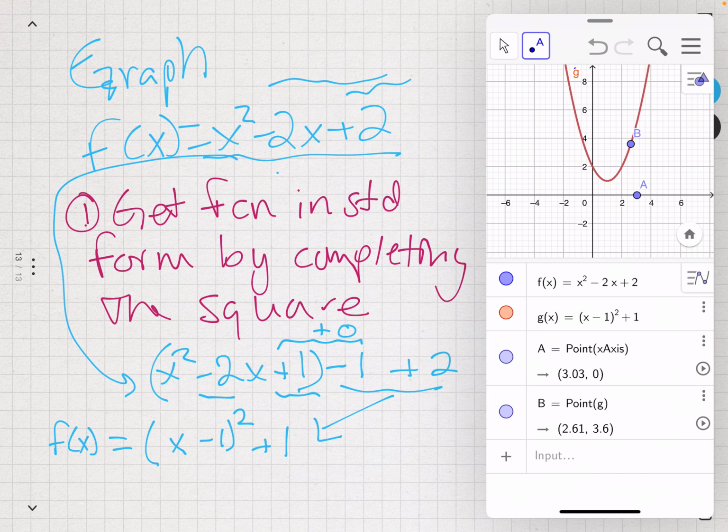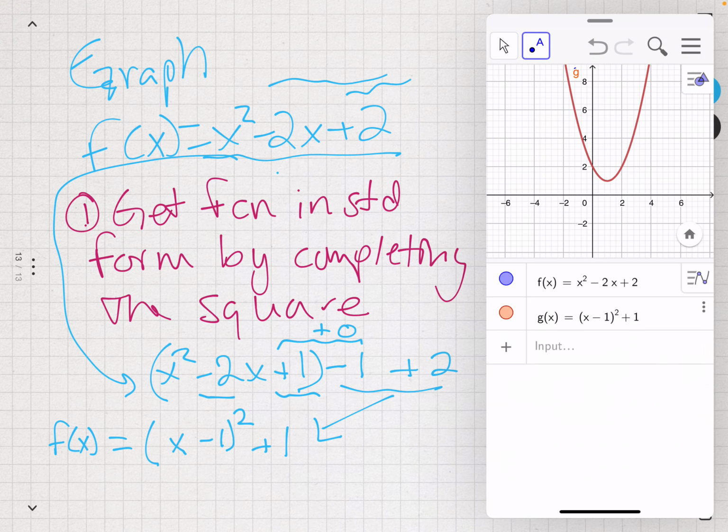I didn't mean to put that point there. Let's delete that. Right, and so for both of those, our graphs coincide. So that convinces us that it really is equivalent. And once we're in standard form, we certainly already graphed it, but once we're here, let me go